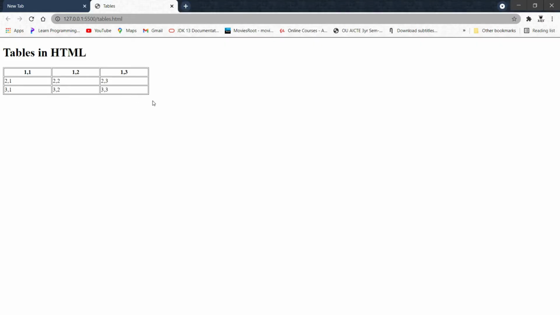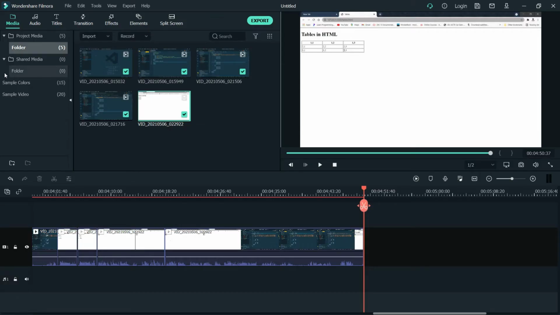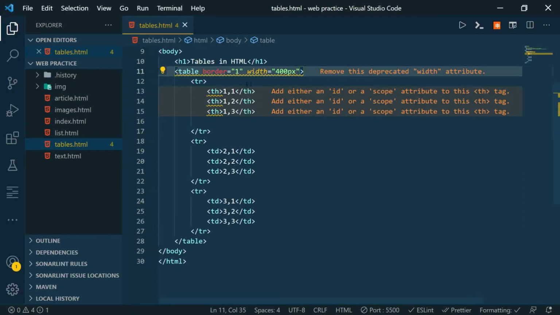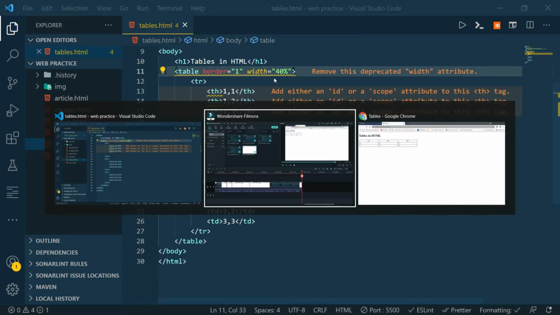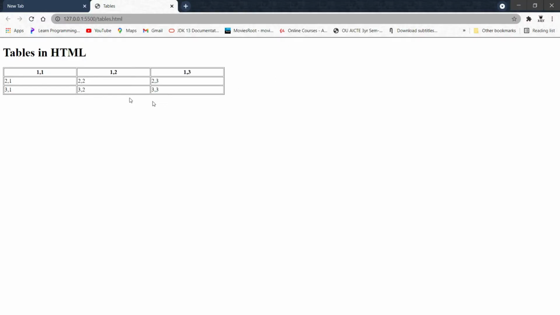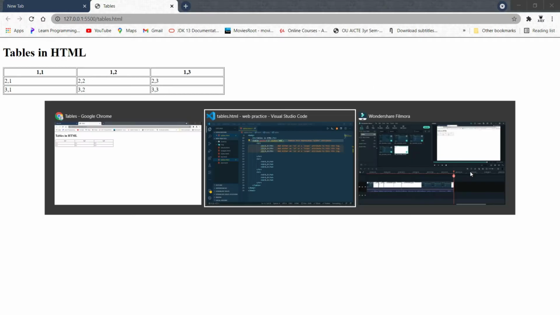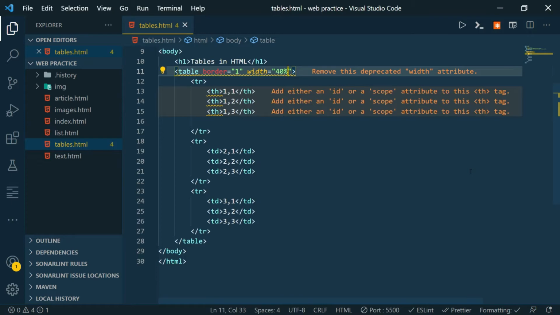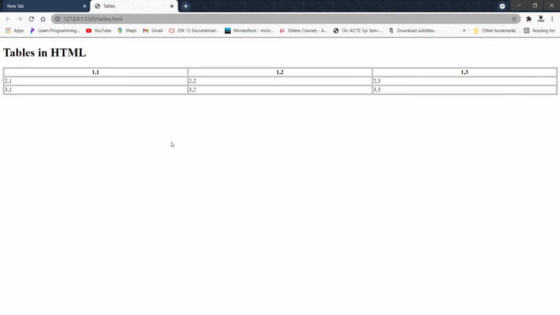As you can see, the width of our table is increased, that is 400 pixels, and we can also specify width using percentage. So you can see it is spanned at 40% of the width of the page. If I tell it to take 100%, it will take 100% of the width.